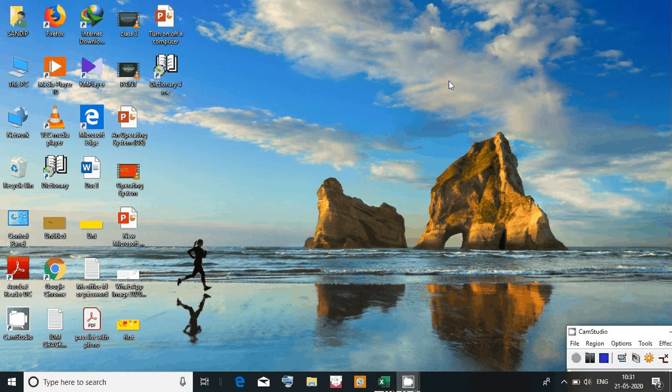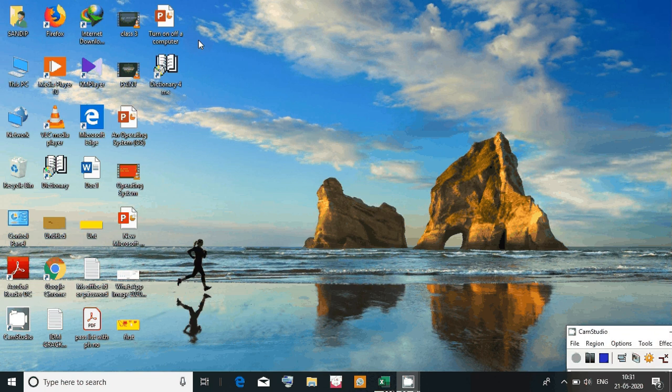Good morning. As I told you, today we have to study about Windows 10. So this is the first page that you see when Windows 10 opens. This is called a desktop. In the desktop, we have some components that we have already studied in old classes. We will just revise them.